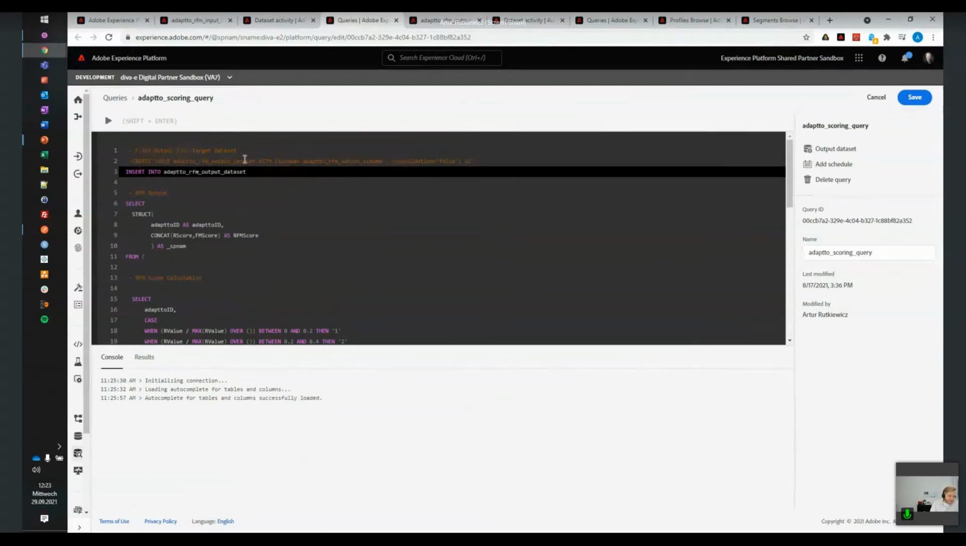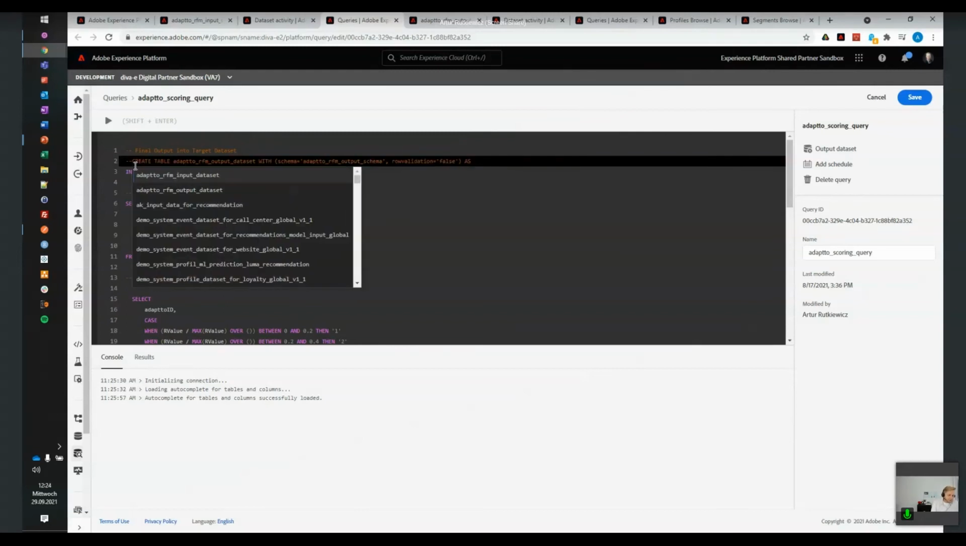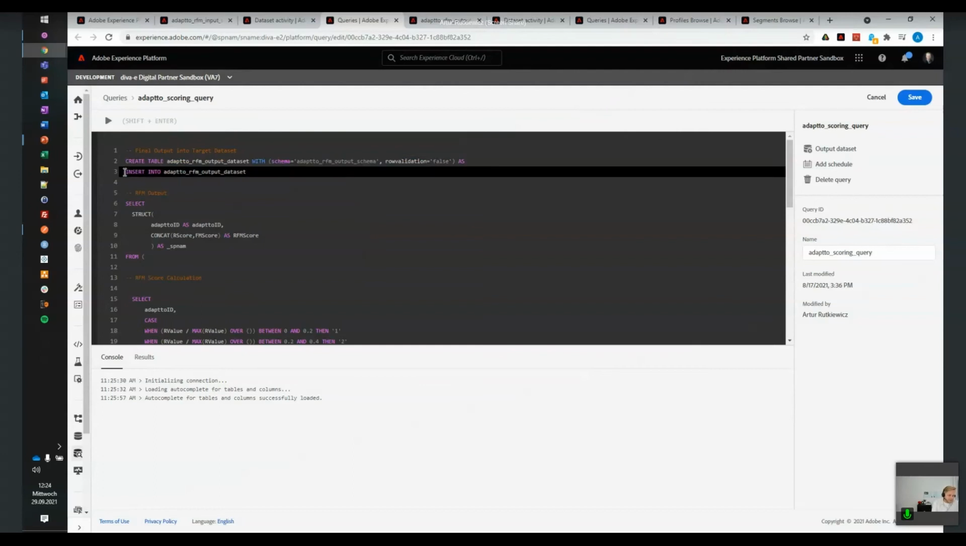If you are not doing that, and for example, click on this button here, the output dataset, a so-called ad hoc dataset will be created, and these ad hoc datasets cannot be activated for profile filing, and that's not really useful. So I highly recommend to do this approach first. Okay, so I run